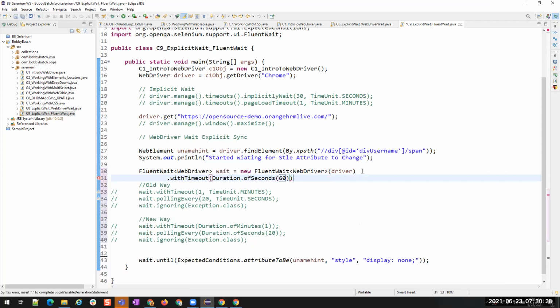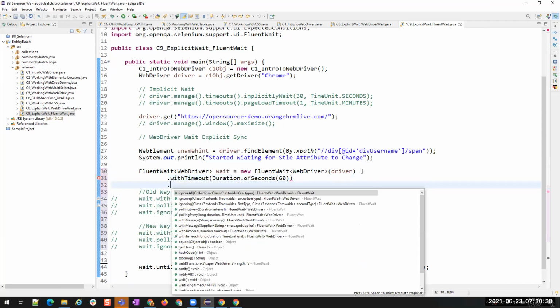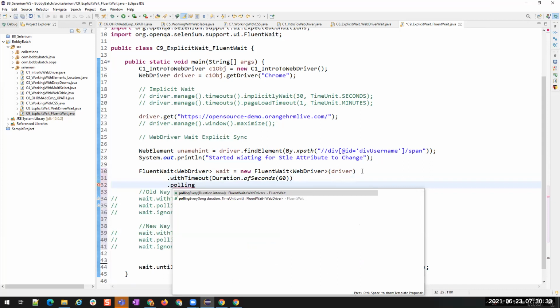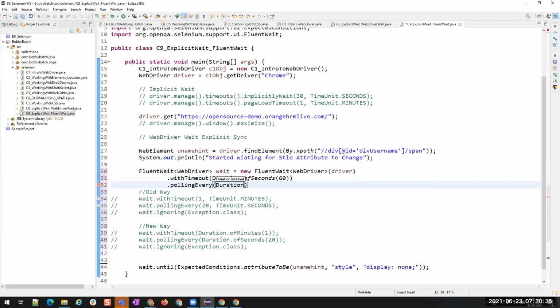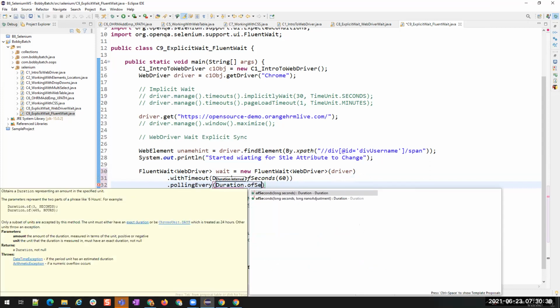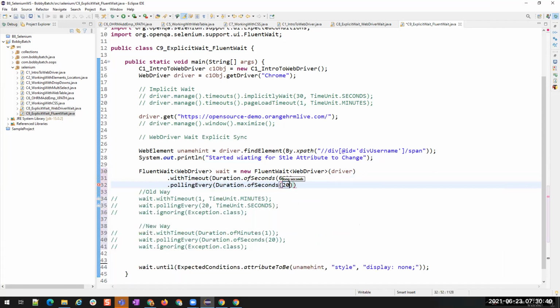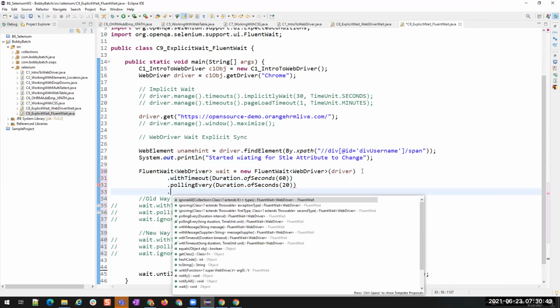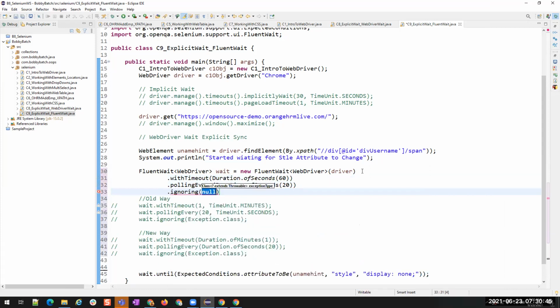Yeah, instead of minutes, I'm using half seconds, and then dot pollingEvery, Duration dot of seconds and say 20, and then dot, and then I can add a semicolon. See, this is also another way of writing FluentWait, where I can use these dots and then append all the methods on the same line.